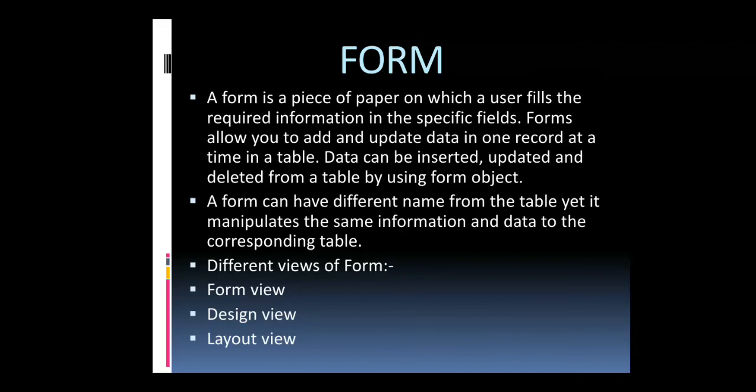The datasheet view and the form view do the same work, but the difference is that when we work with the datasheet view, it shows all the information together, but the form displays only one record at a time on which we can perform different operations like insertion, deletion and updation. When we are working with MS Access, we can store the table and the form with different names, although we are using the same file, and everything will be stored in a table.